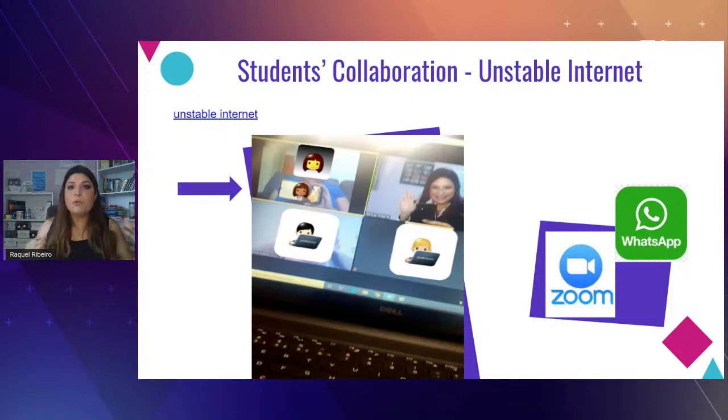So there was no way that this student could follow the class because it wouldn't connect, it would fall, and she wouldn't take part in class. And then the other one said, "Look, teacher, I think I have an idea. What if I call her via WhatsApp?" And then she video called the colleague via WhatsApp, and it worked.